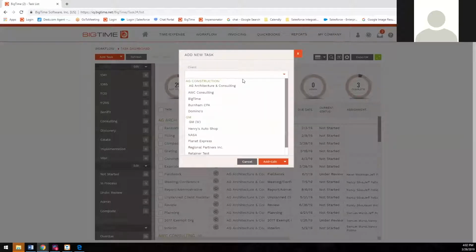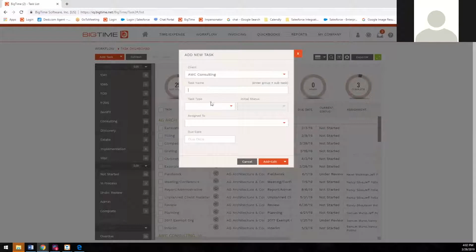You do have the functionality of adding. You select your client. You have your task name, task type. You assign it out as well as entering a due date. And then you also have the enter group and add subtasks if you're getting into your groups and subtasks. Once you have all that entered, you do have the add and edit function as well as add new,